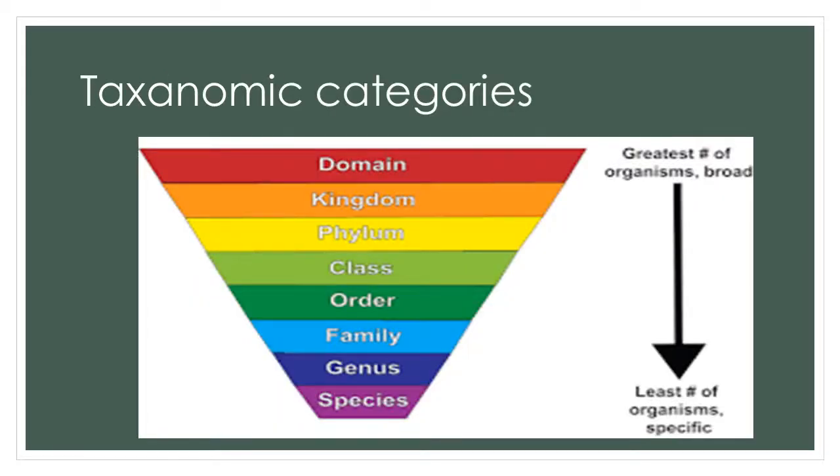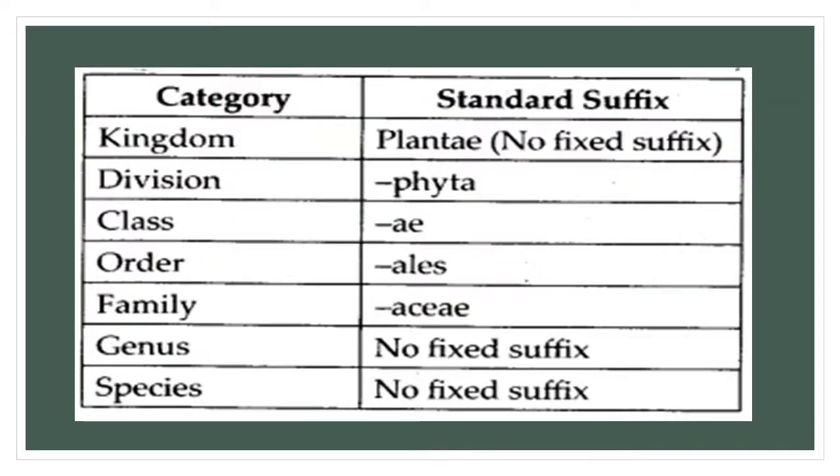This is the taxonomic category, where we define different categories: species, genus, family, order, class, phylum, kingdom and domain. You can also have a mnemonic for it: keep plant clean or family get sick, that is KPCOFGNS. So this should be clear to you. Ascending and descending order of these taxonomic categories has been asked many times and you should know it clearly.